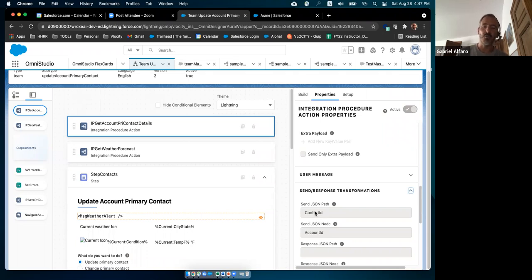And it's going to put the value of this node, context ID, inside a new node called account ID. So as a result, I am passing account ID equals, and then the value of the context ID. Correct? This is the only parameter that is needed on the first integration procedure. Now, the second integration procedure